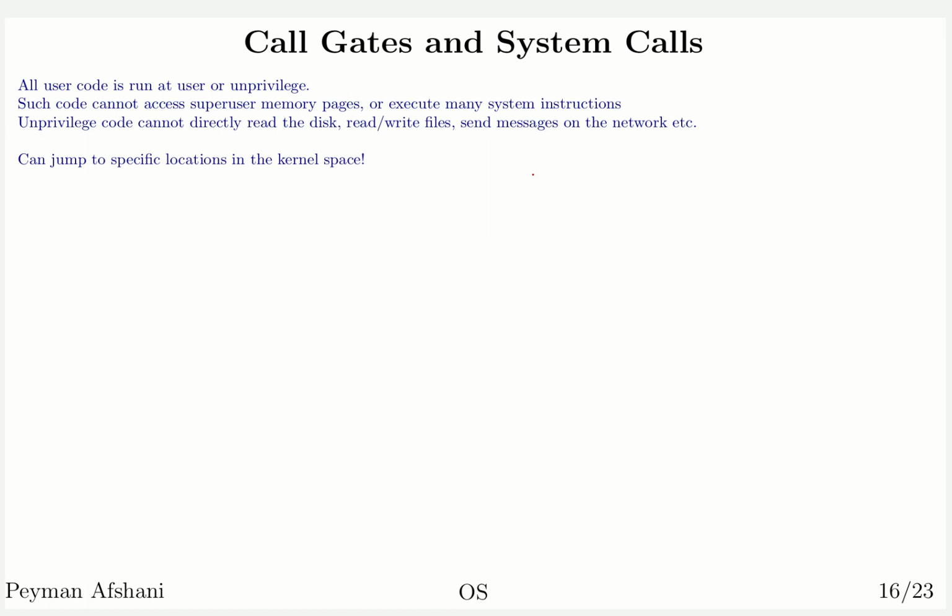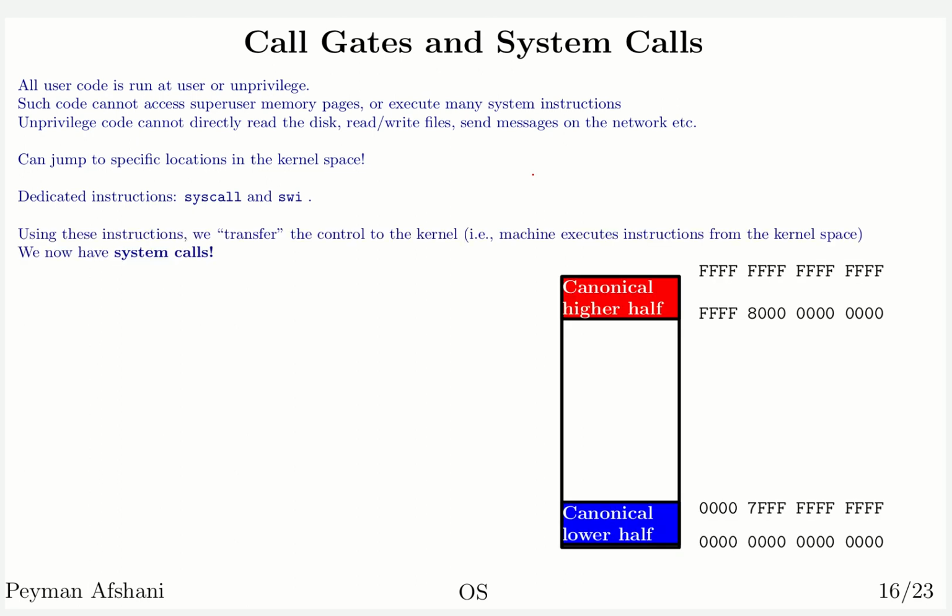Okay, so let's look at the details of how system calls operate. With system calls, we can jump to a specific location in kernel space. What this means is that it is essentially like a library call, except that you can only jump to specific locations. This is often supported by dedicated instructions depending on the platform: syscall on an Intel machine and SWI on the ARM architecture. These are the two instructions that you can use for a system call. And the way these operations work is that almost always the operating system sets up the way these instructions should work.